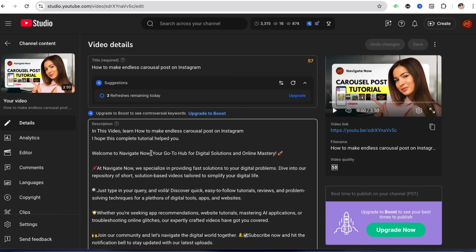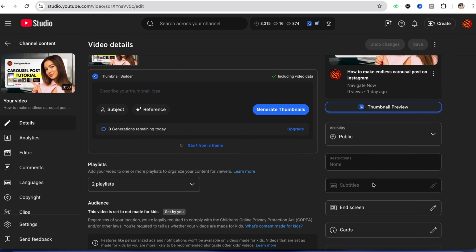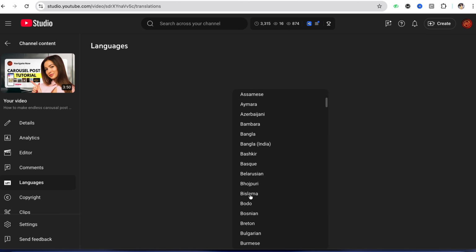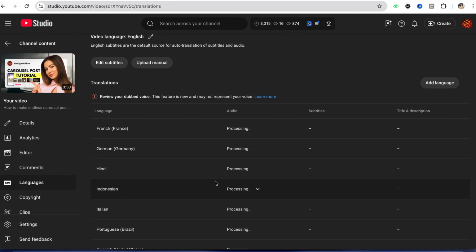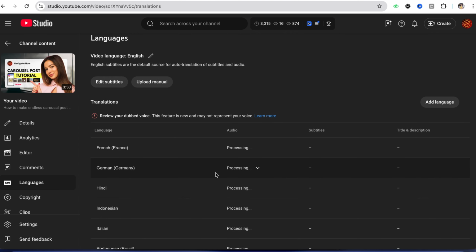And when you scroll down over here, you can see that the subtitle option is currently disabled. In order to enable that, just simply click on this language section over here. And now you just simply have to select the language in which you want to show the subtitles. So I am selecting English over here. Just simply press confirm. And now as you can see, the subtitles will get added in the videos, and